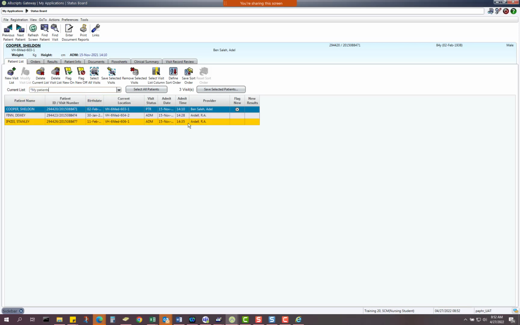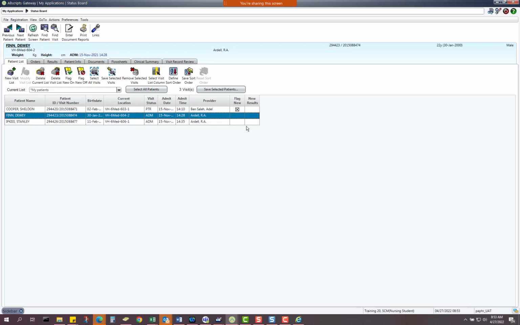When I'm working with my personalized list, when the patient gets discharged, they're going to disappear off that level 6 list, but they're still going to stay on my list because I didn't say that the patient had to be admitted in order to be on my list. So my list is just going to keep those patients. So now I'm going to have that reminder. I need to finish off the charting. I have the time. I don't have to go searching for the patient with a find patient,